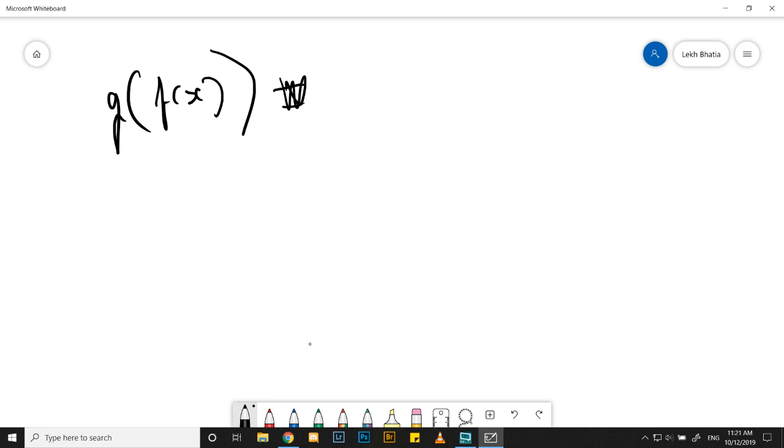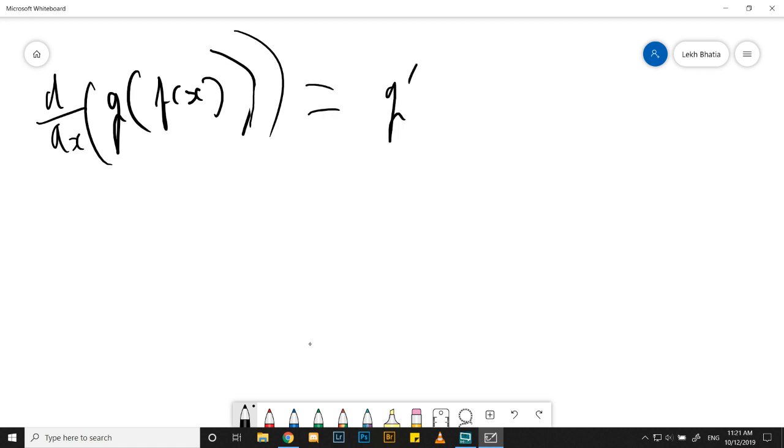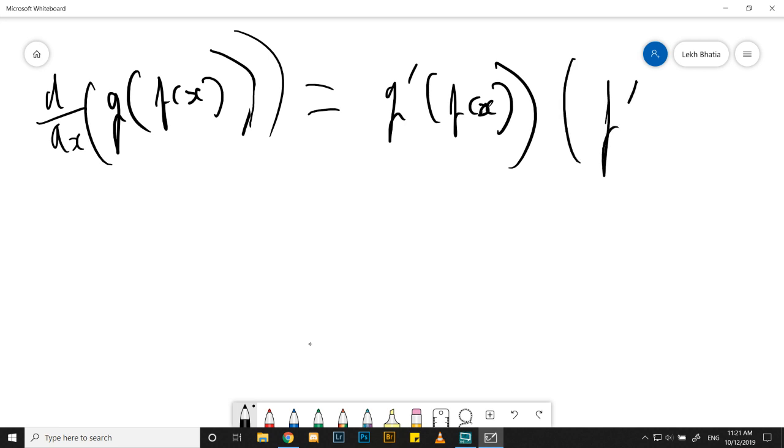I wanted to differentiate d of x of this whole thing. The way I would do that is I would take the derivative of g. I pretend f of x is just a part of g of x. I take the derivative of that, and then I multiply it by the derivative of f of x. So multiply by the derivative of the inside. So you look at the inside, you multiply it out by the outside, and this is how you have the chain rule. Then you have the product rule, which is d of dx